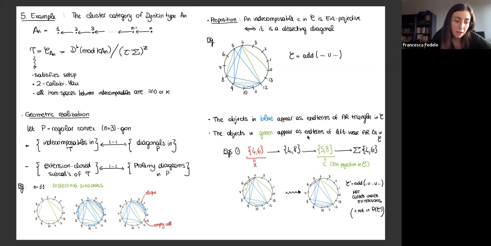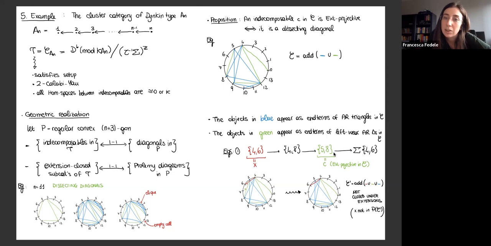So you can actually apply Peter Jorgensen's results to these blue objects and find the Auslander-Reiten triangles in C corresponding to them, while the objects in green are the dissecting diagonals. So these are the Ext-projectives, which are also Ext-injective in this case. And these are endterms of left-weak Auslander-Reiten triangles in C. So let's look at a couple of left-weak Auslander-Reiten triangles. Again, I haven't really told you how all the morphisms and triangles are built in this model. There is a combinatorial way of building them. So it's not too difficult. It's just that because of time, it doesn't really make sense to give more